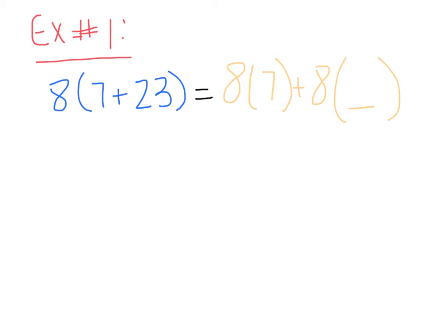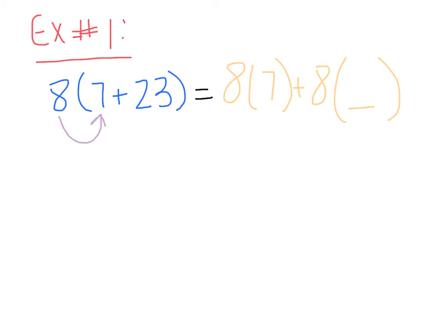Okay, so when we do distributive property, we're really breaking down numbers. Now, in a few of our examples, sometimes we're going to break down numbers, and sometimes they're already going to be broken down for us, and we're going to have to figure out what they were before they got broken down. Okay, so in the distributive property, we have, in this example, 8 outside the parentheses and 7 plus 23 inside the parentheses. In the distributive property, whatever is outside of the parentheses gets distributed to both numbers inside the parentheses. So 8